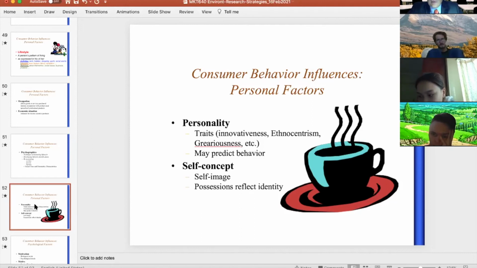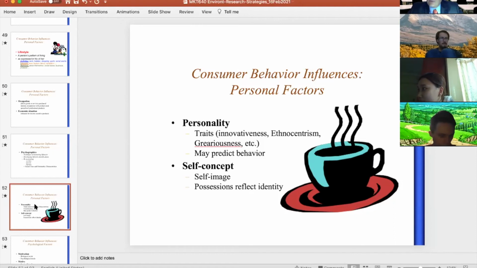Self-concept is connected. It's this idea of your own opinion of yourself. So it's like someone's ego. There's the image and the identity and materialism, and we were talking earlier about the vanity that people may have. People with more vanity will consume differently than people who have a lower level of vanity, because for some people, their image is the most important thing.